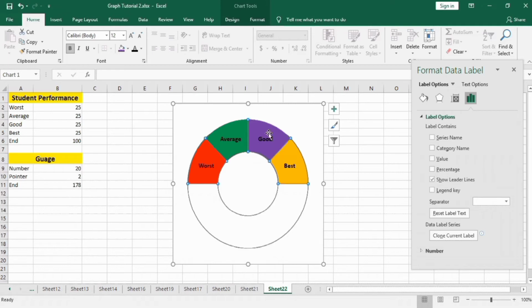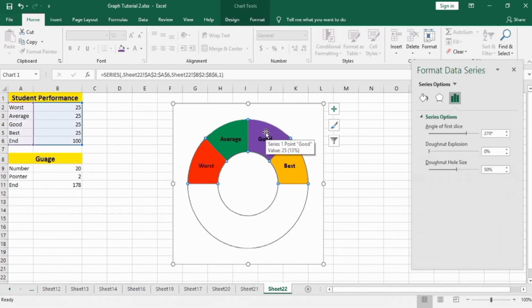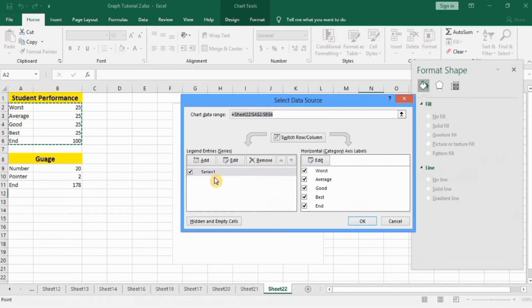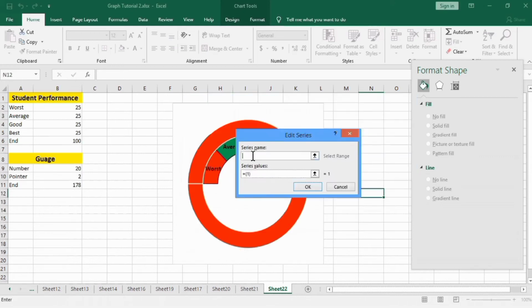Now again select this area by clicking on any slice, right click and go to this select data option. Click on this add button, write series name, for example it is gauge, and select series values.